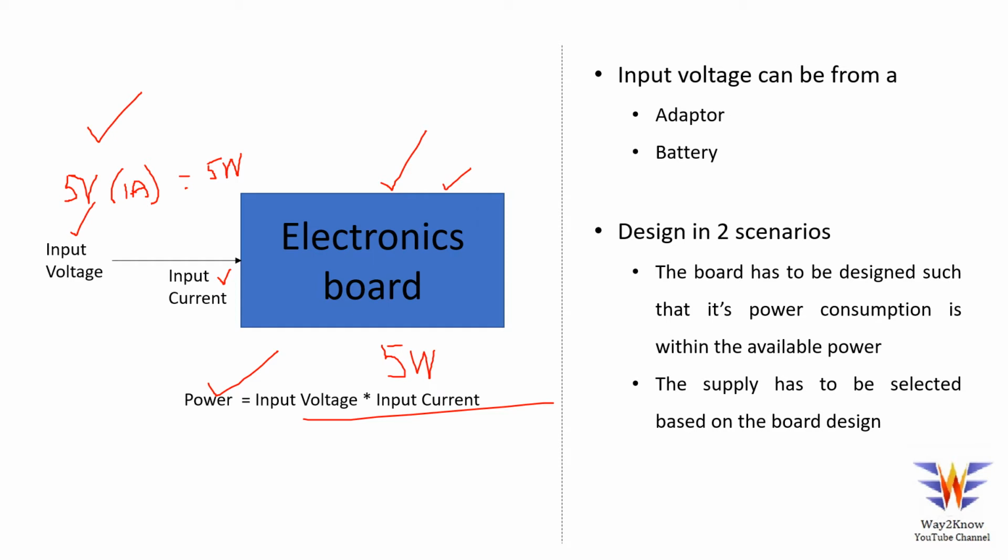Now there is one more scenario where I do not have a power that is given already. I design a circuit and then tell that this is the power that is required at the input. So two scenarios here: knowing the power at the input, not knowing the power at the input. And in a scenario where we don't know the power, based on this electronics board consumption, we come up with the power and then tell this is what I need to supply and provide that. So that is how we approach our design.